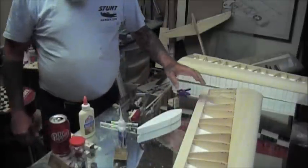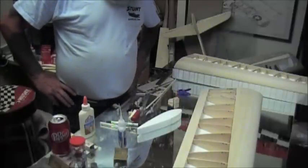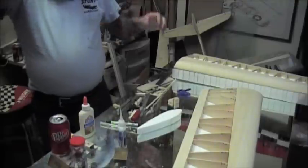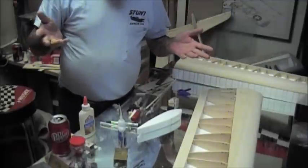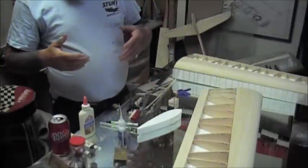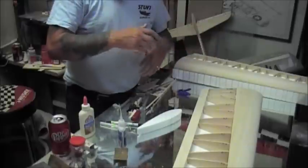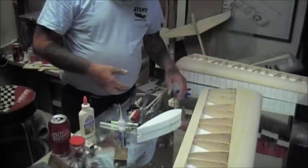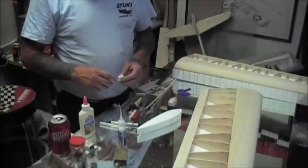So all these little things that I do, you don't get to see much of this stuff on the outside of the airplane. You only get to see the finishing that I do. And we are going to do a basic finishing video when I do this. But it's rather boring watching paint dry, so I don't want to take up a lot of time. I've watched some of the other videos. It's on and on and on. Sanding, doping, painting. I'll show you a couple coats and then finish the rest off camera and come back. And it's just like I'm doing with the wing here. Do some, come back, make sure I expound on the important